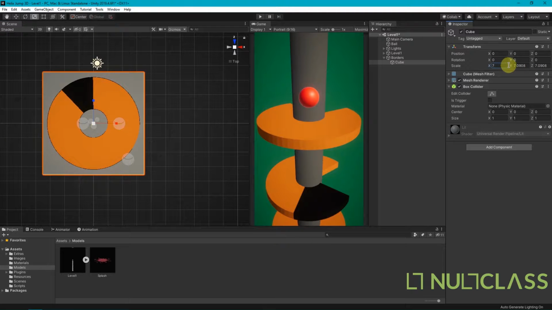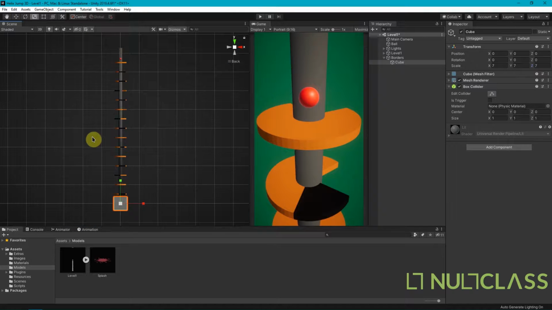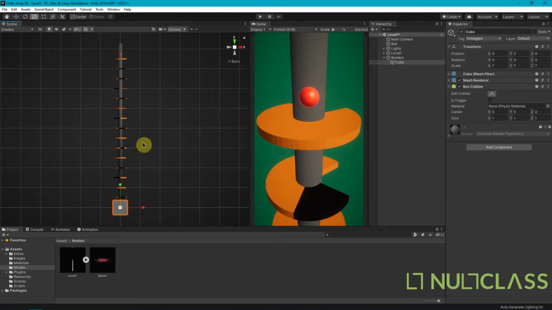So now x is 7, y is also 7, and z is also 7. Okay, let's see. Yeah, so now we want to reduce the y scale, so let's put it 0.5,